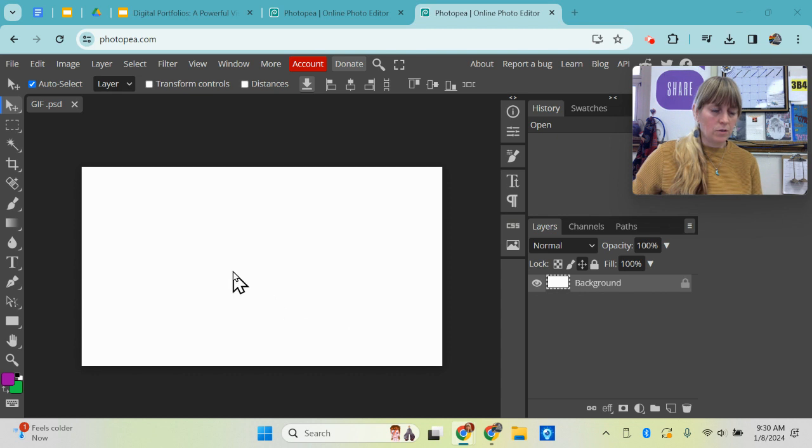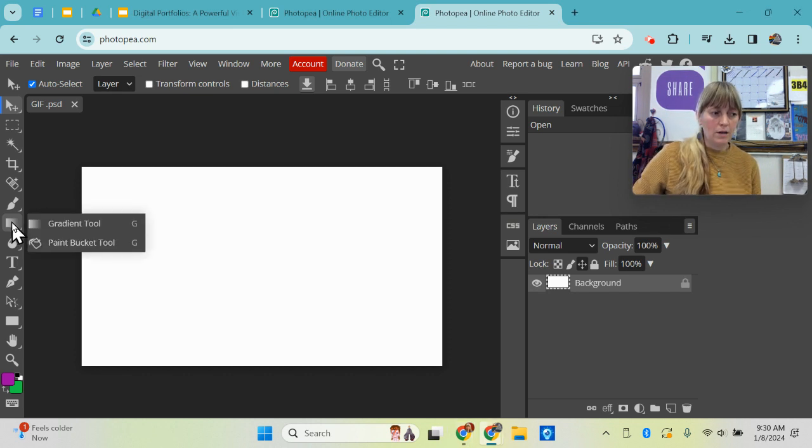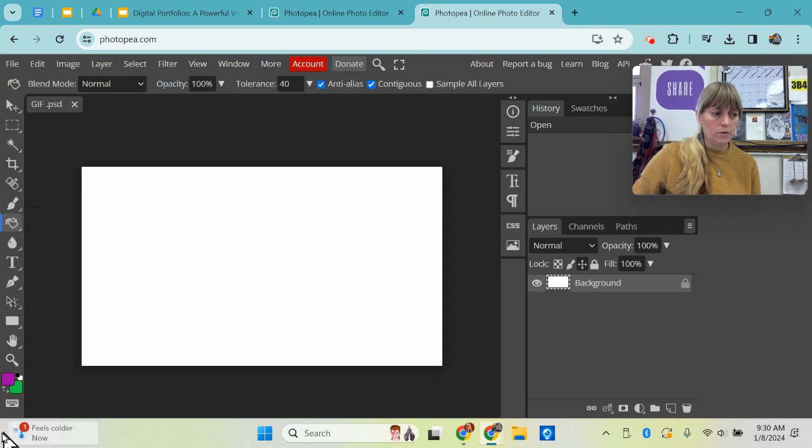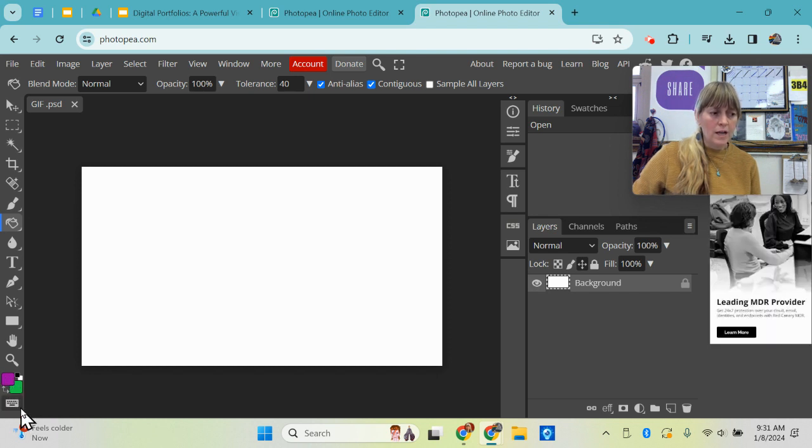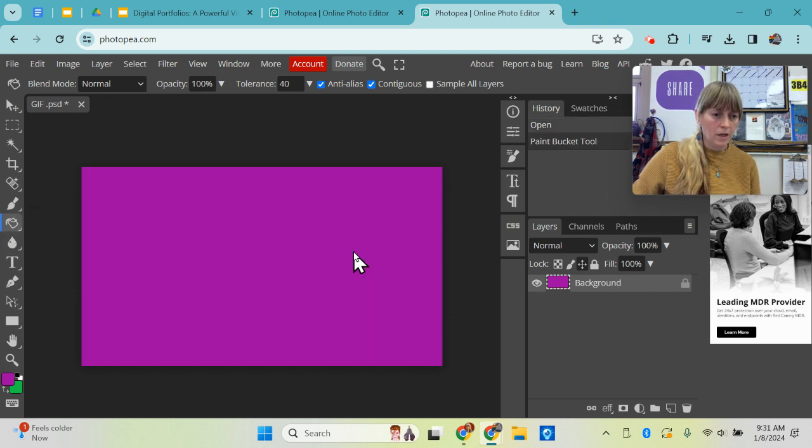This is our background layer. So what we're going to do is add some color to this. We're going to go to the fill bucket. Now the fill bucket, again, if you hover, it tells you what's there. Now the fill bucket's hidden, so you have to actually click on the gradient box and hold down, and then you will see the paint bucket. So grab the paint bucket, pick a background color from these two swatches. Now, when you're doing the paint bucket, you just use the top one. If you're doing the gradient, you will be using both of the colors. All right, so make sure that your background's selected, and then you fill the background with the color that you've